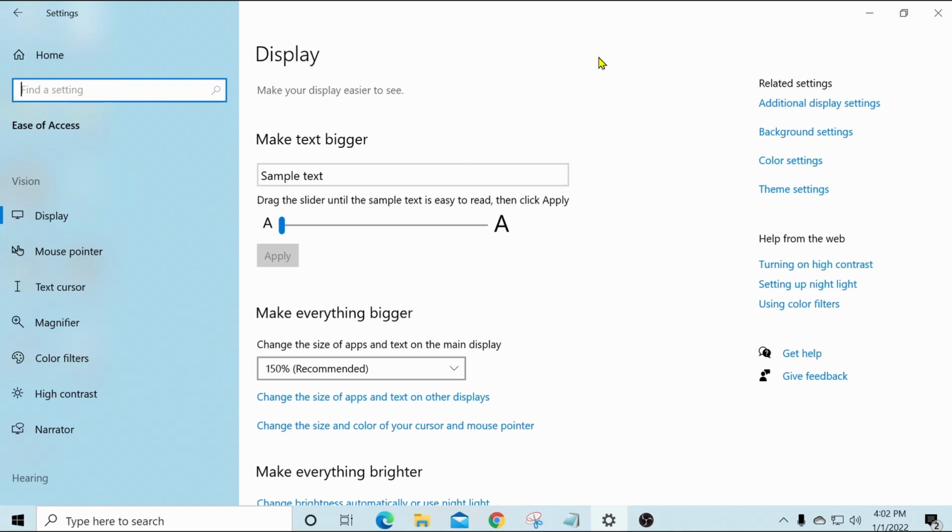I'd like to highlight some of the items in this Ease of Access area. I'd like to start with the display, which is here. One thing you can do is make the text bigger. Now, if you see here, it has an A, a smaller A, and a bigger A. So you just slide this bar from 100%,